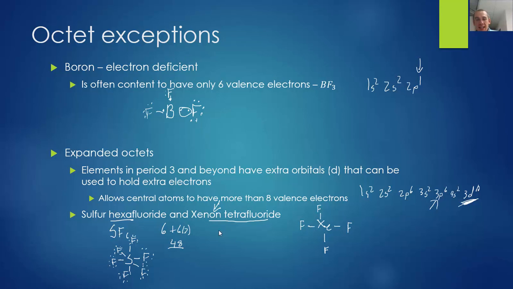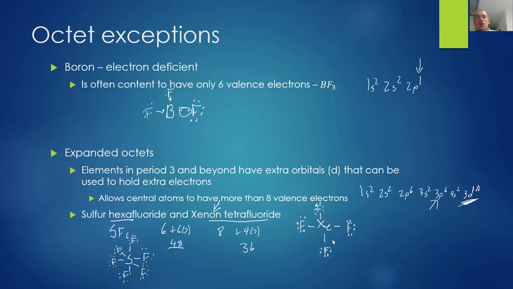And xenon has 8, fluorine has 7, and I have 4 of them. So 4 times 7 is 28. So I should have 36 total electrons when I'm done here. Well, if I put 6 electrons around each of the 4 fluorines, one, two, three, four, five, six, on each,